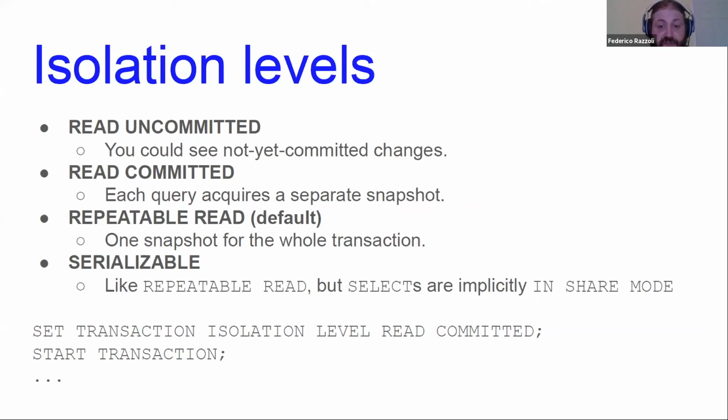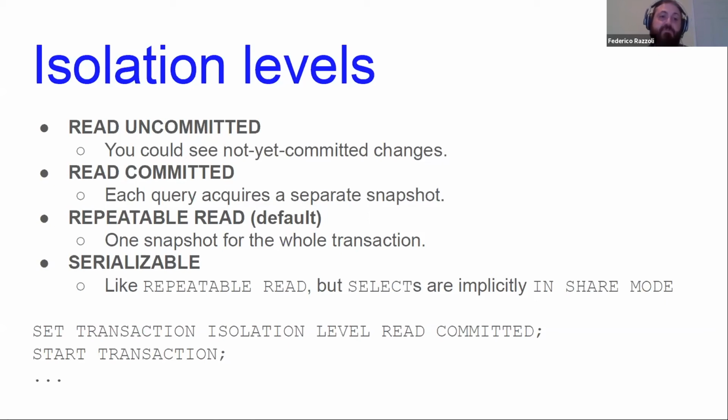Below, you can see the syntax to use read uncommitted. Basically, you use set transaction isolation level read committed or read uncommitted just before starting a transaction. Okay, read uncommitted means that the transaction is highly inconsistent. This is against all I explained until now. I can see the changes made by other transactions, even if they are not committed yet, okay?